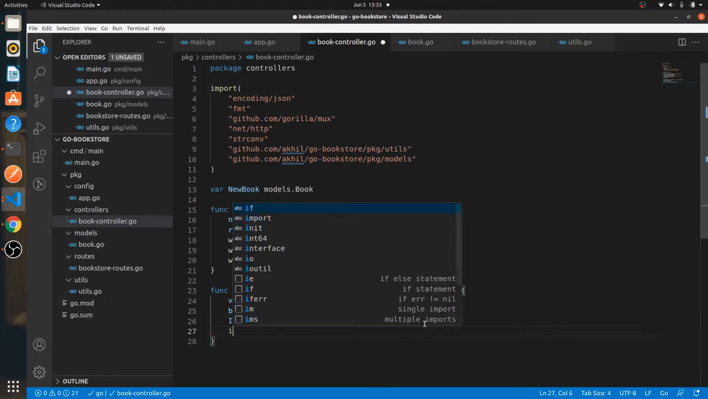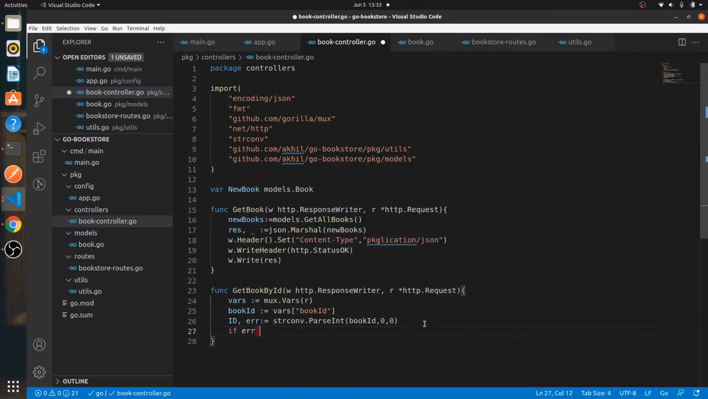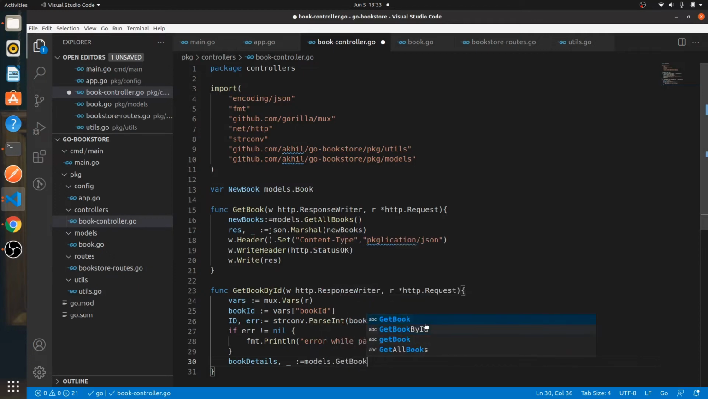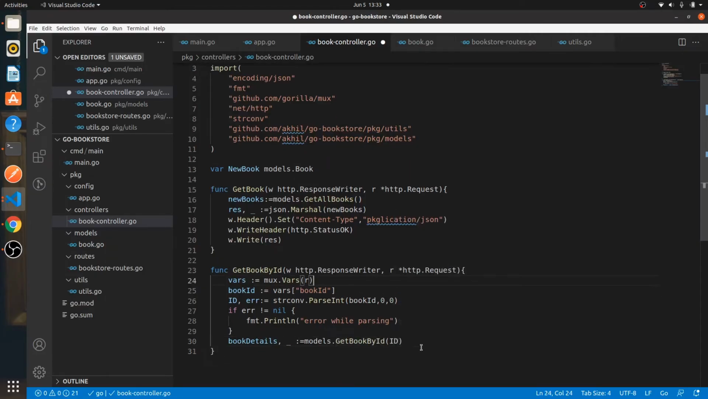And if there is an error not equal to nil, we'll have fmt.Println "error while parsing". That's what we'll return. And then we'll have bookDetails comma the blank character, we'll say models.GetBookById and ID, right? So we are getting models.GetBookById,